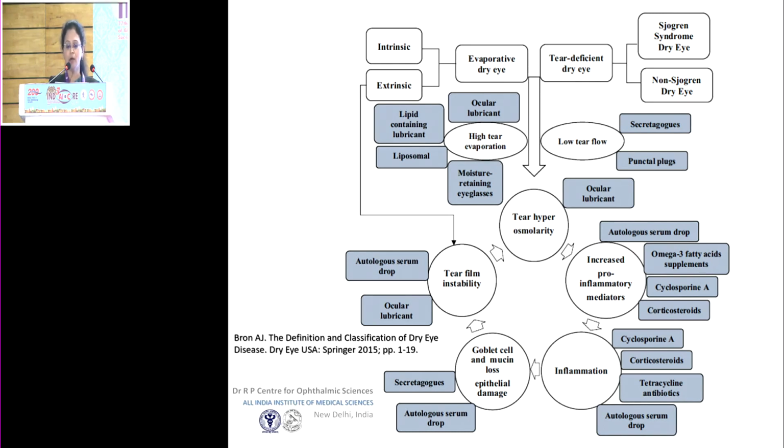So as we all know, there are two components of dry eye disease, evaporative or tear deficient, and these could be caused by multifactorial morbidities. What particularly needs to be addressed when you're looking at a patient is what is the problem which is causing this dry eye manifestation in this particular patient who's sitting in front of you, unhappy and perhaps moving from one doctor to another. So you have to identify that in order to be successful in the kind of medication you need to choose